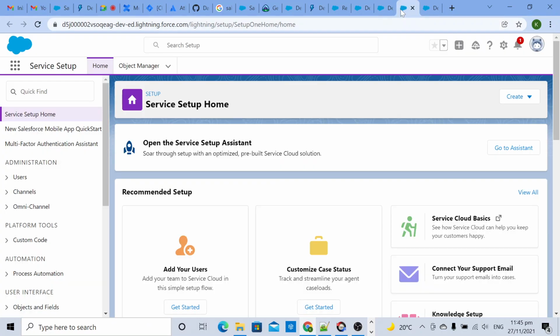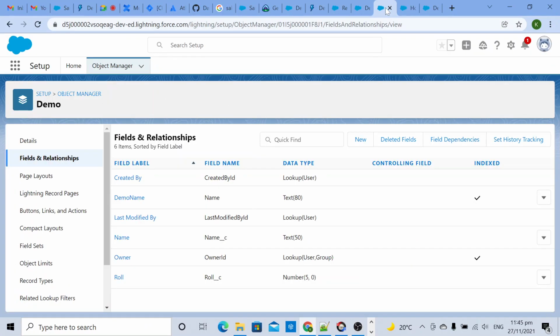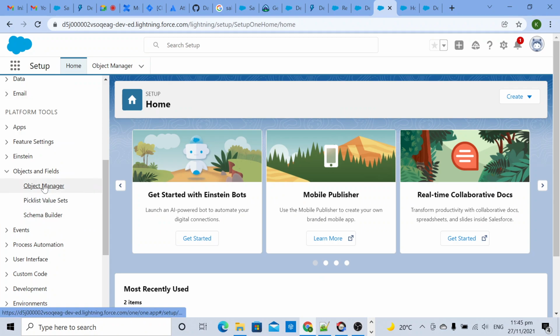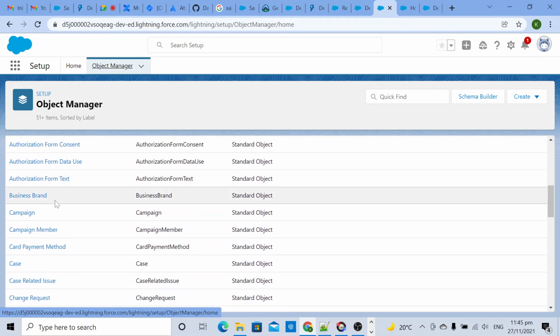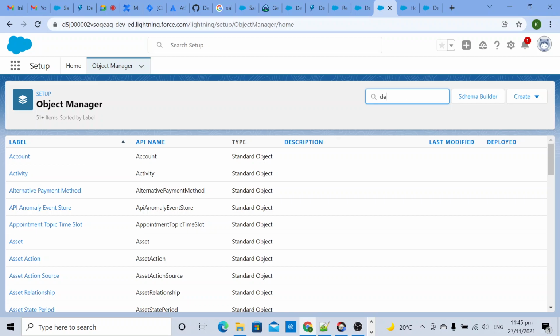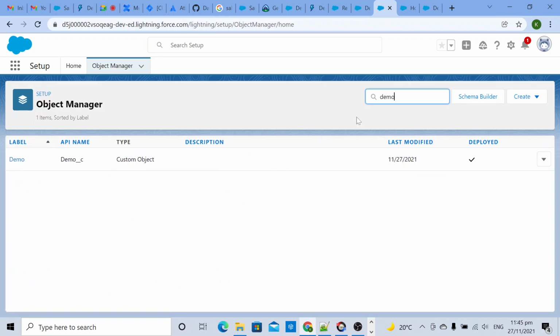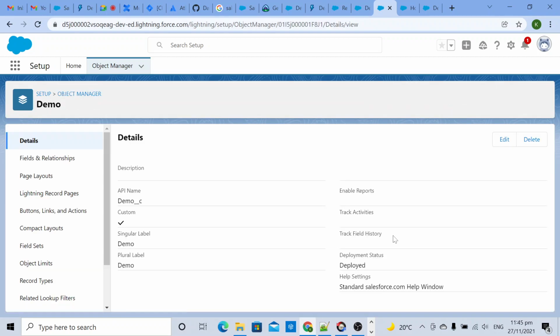Okay, demo is not there. Let me quickly check whether it was created successfully or not. No, refresh it. Okay, demo is created successfully, but it's not coming here.